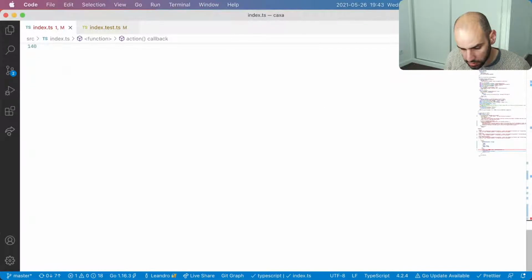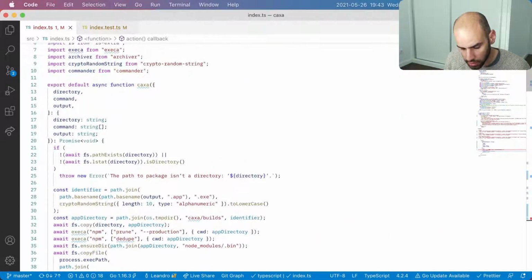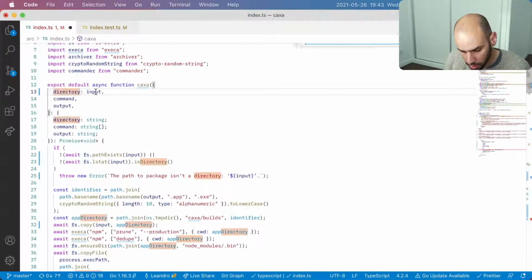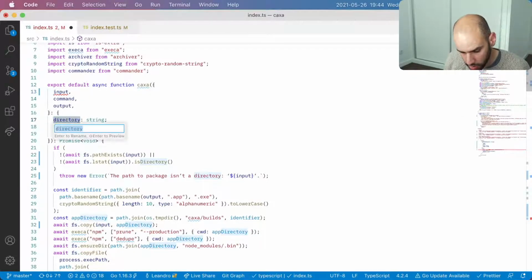But of course, this is far from working because we need to change a bunch of things here in Kasha as well. And we have sort of like 15 minutes to do that, which is probably enough. So directory turns into input. I wonder if there is already input somewhere. No. And here, directory turns into input. And then we reorder this to be input, output, and command will change to command and arguments.